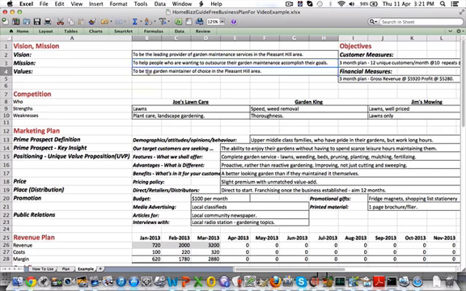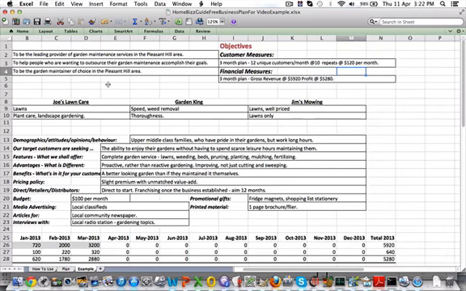Our values: then you fill out the values that are important to you in your business. In this particular example, to be the garden maintainer of choice in the Pleasant Hill area. So we want people to choose because of word of mouth, and to choose us because we're a better choice than anybody else. Next, move over to the right, and you'll see that we have